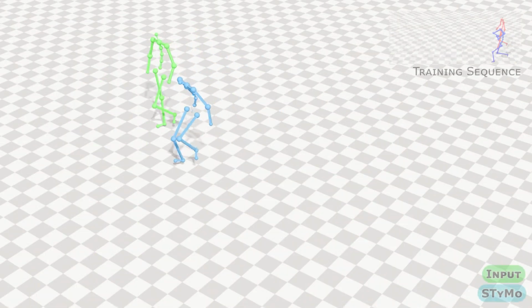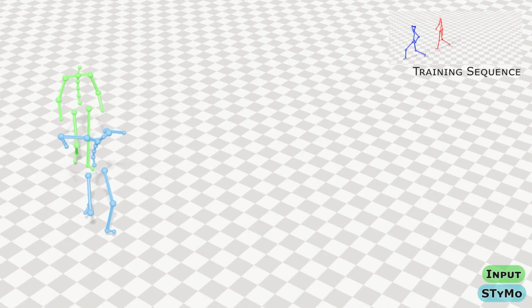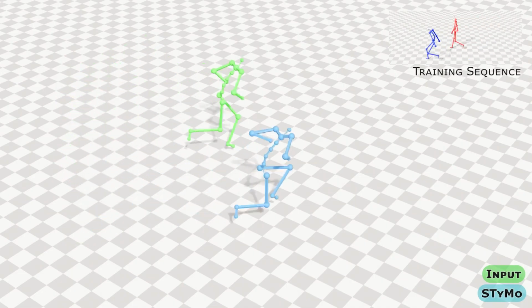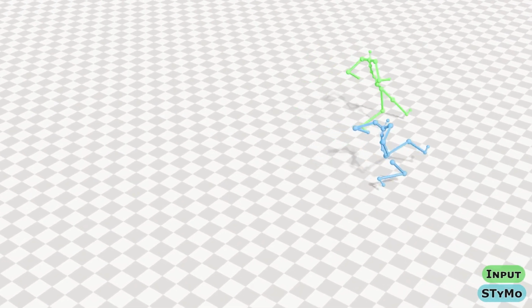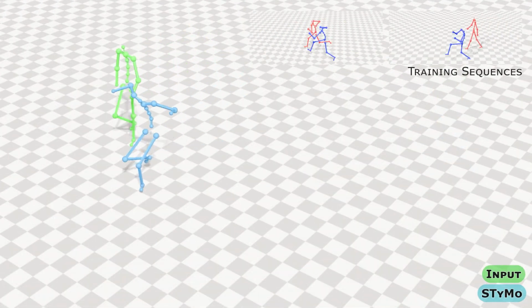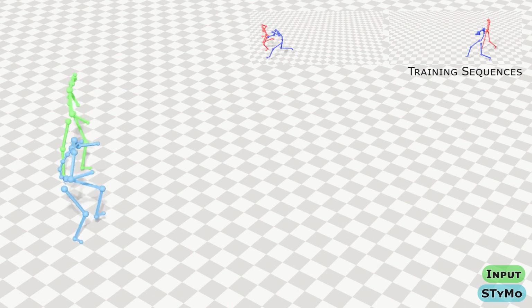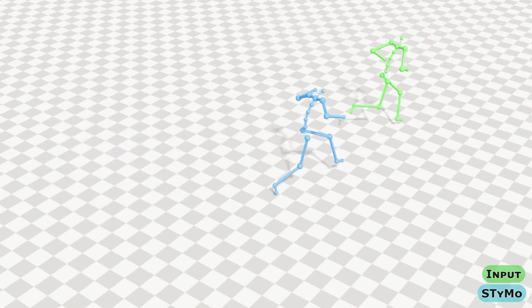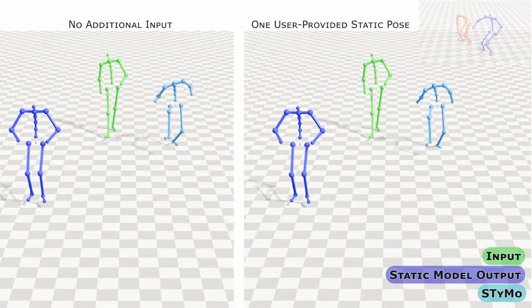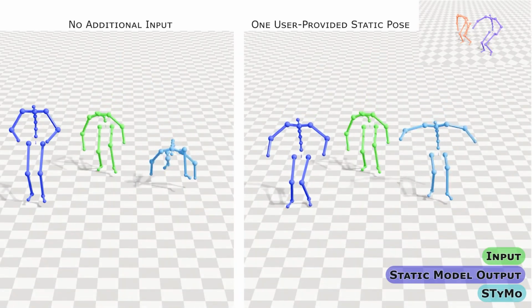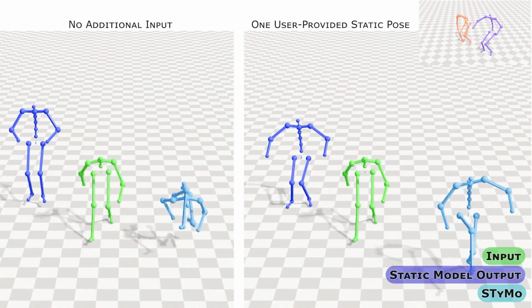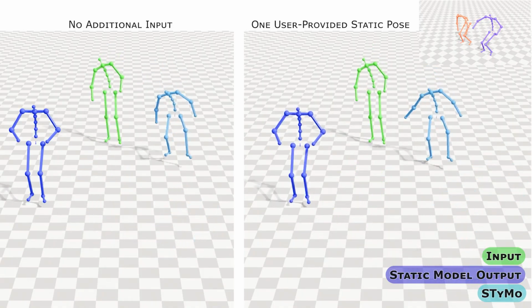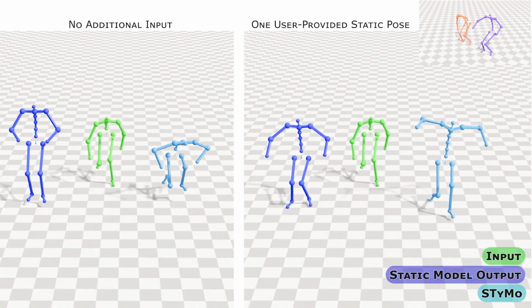With training taking just a couple of minutes, the workflow is fully iterative. If a model trained on walking fails to generalize to running, the artist simply adds a running clip and retrains to fix it. Artists can also refine specific contexts using static poses. By manually authoring just one paired target pose, the static model updates to correctly stylize the character whenever they crouch.